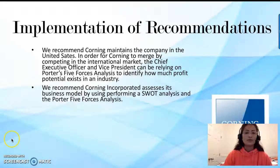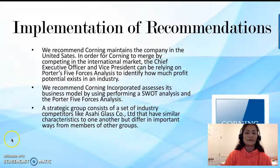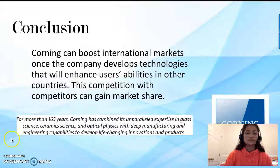Planning, as we recommended, maintain the company, merge the competition to the international market. We recommend Corning Incorporated access the business model by using a SWOT analysis. Conclusion: